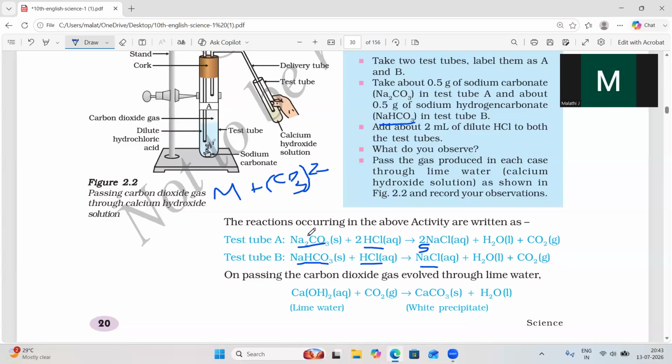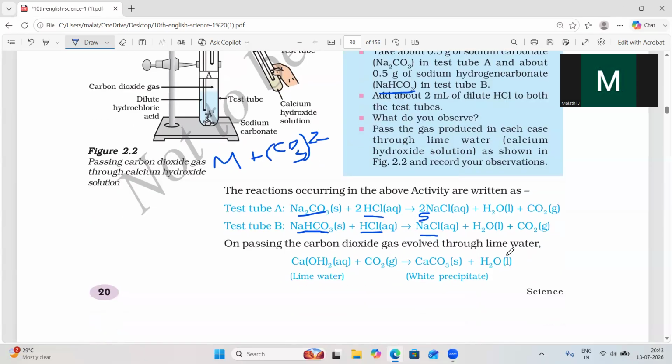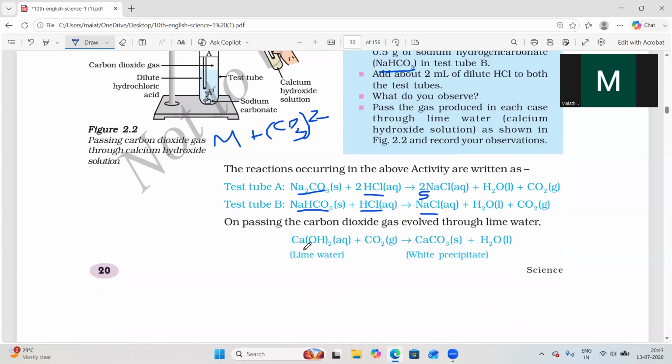Here we took sodium carbonate reacting with hydrogen chloride, and you will get NaCl, H2O and CO2. When it is sodium bicarbonate reacting with HCl, you will again get NaCl, H2O plus CO2. One more example is calcium carbonate,